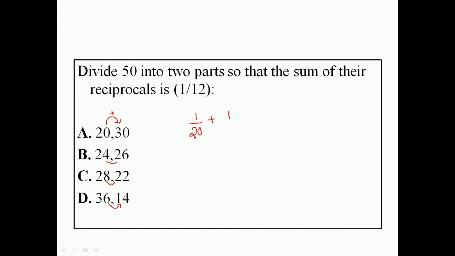If the sum of the reciprocals is equal to 1 by 12, it is given. So we can check whether the first option is the answer or not. So 1 by 20 plus 1 by 30, is it equal to 1 by 12? That we are going to check. Yes. 1 by 20 plus 1 by 30, that is equal to 50 by 600. Yes. So we know that the sum of the reciprocals is equal to 1 by 12. Okay, left hand side we are getting 1 by 12.